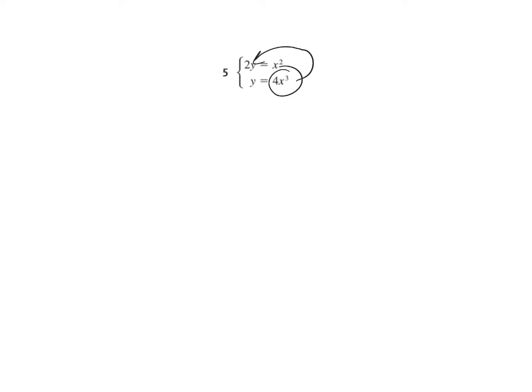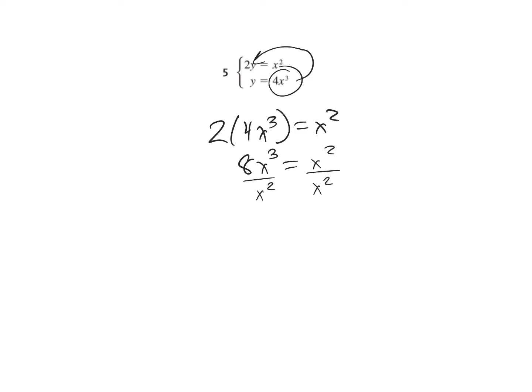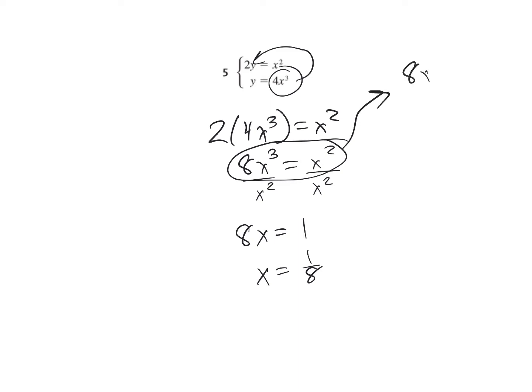Let's plug it in for y there. So 2 times 4x cubed equals x squared. So 8x cubed equals x squared. Let's divide everything by x squared. So we'll have 8x equals 1. So x equals 1/8. Another way to solve this piece here is if we get everything on one side, so